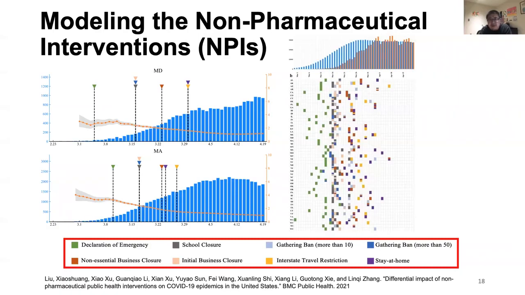And the figure on the left shows the time varying RT value, the reproduction number, and the inferred infection epidemic curve for two selected states, which are Maryland and Massachusetts, according to the range of RT value on April 19. The blue bars represent the daily number of infections, and orange lines show the trends of RT. And the gray shading refers to the 95% confidence interval of RT, and the dates range from February 22nd to